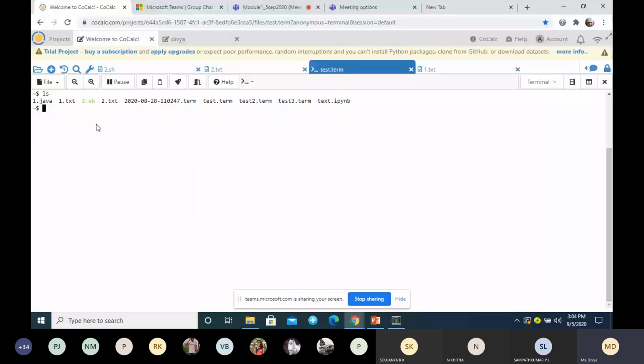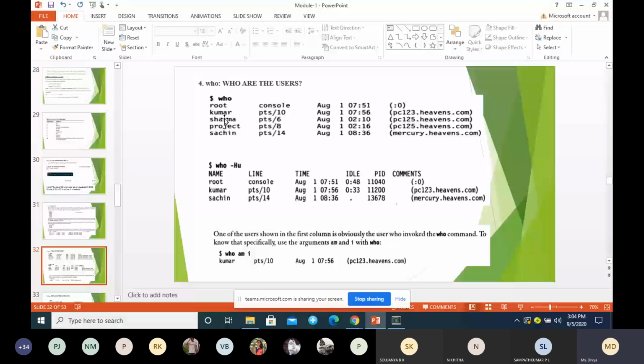When you execute the who command, this is the output you get. The first column is called the user ID or username: who all are using the operating system. How many people are using it? Five people are using the same operating system.